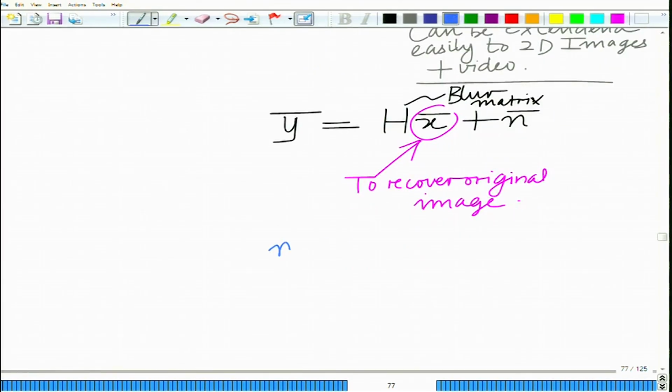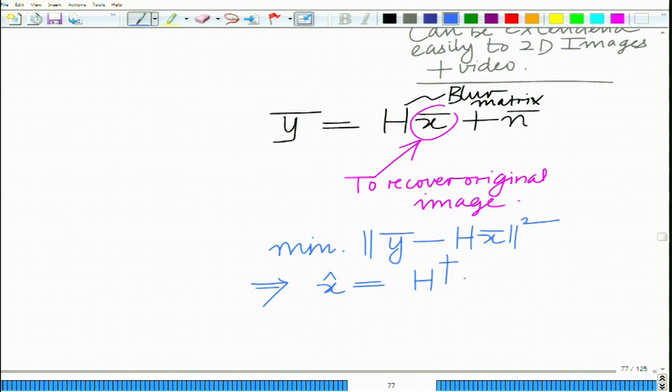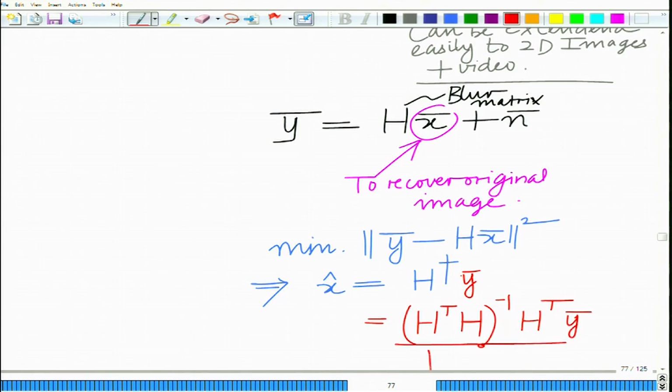Therefore what we do is minimize the norm of y bar minus H x bar squared, which implies the estimate, the reconstructed or deblurred image, is the pseudo inverse of H. We have not introduced this notation so far. Let me just describe this. This is nothing but H transpose H inverse H transpose y bar,